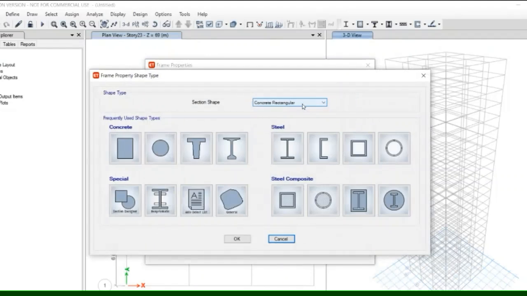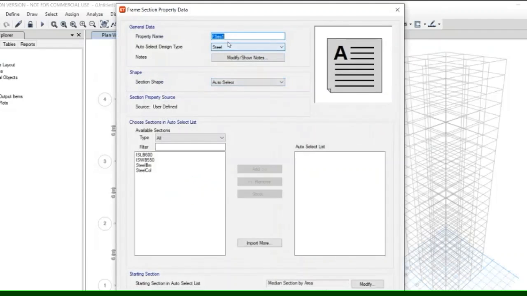Go to add new property, in special section select auto select list, give the name beam auto select, select all three beam sizes and add to the auto select list, then click OK.